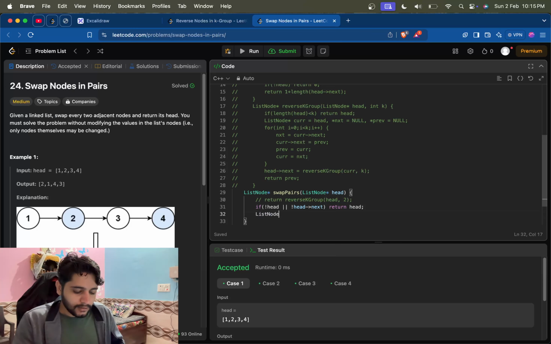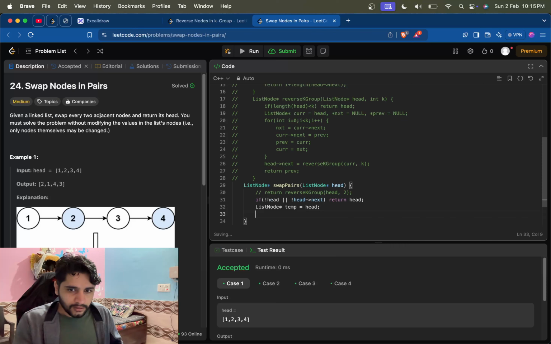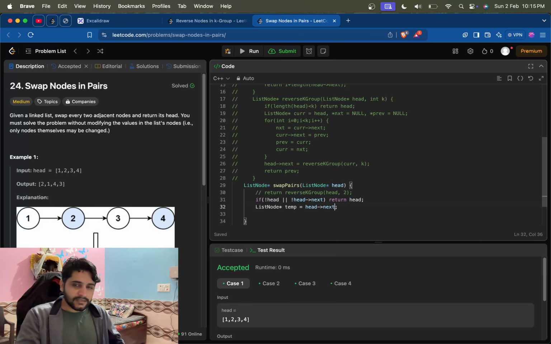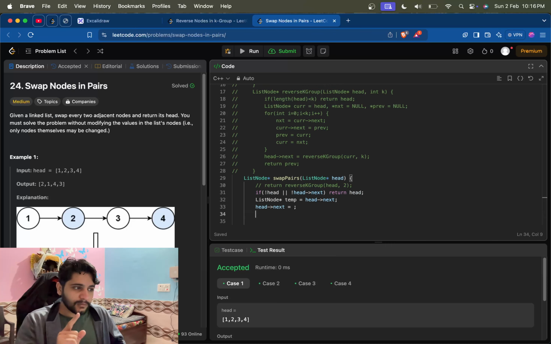Otherwise we will take temp node, which will be head initially, okay, which will be basically head's next initially, because we have to swap the head and head's next, okay, head's next कर लेते हैं, और temp और head को हमें रिवर्स करना है बेसिकली। तो हेड का नेक्स्ट अब क्या हो जाएगा, हेड का नेक्स्ट देखते हैं क्या होगा, लेकिन एक बात ज़रूर है कि टेम्प का नेक्स्ट ऐड हो जाएगा, और फिर हम टेम्प को रिटर्न कर देंगे